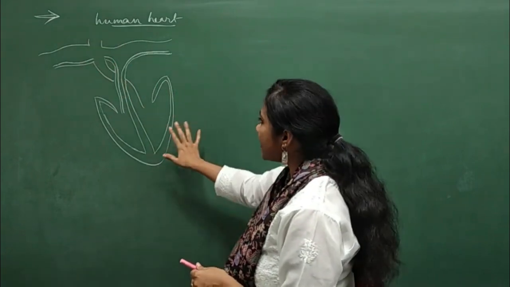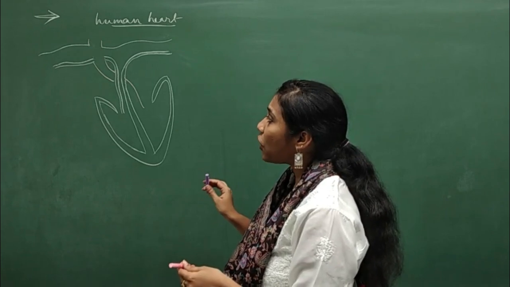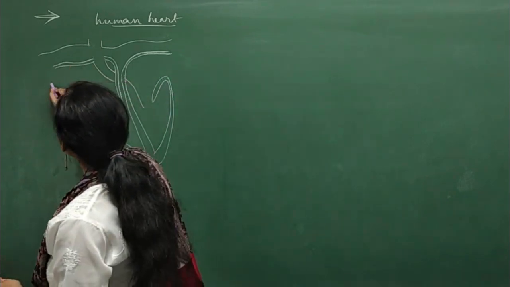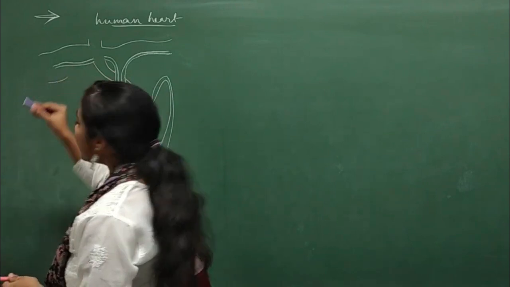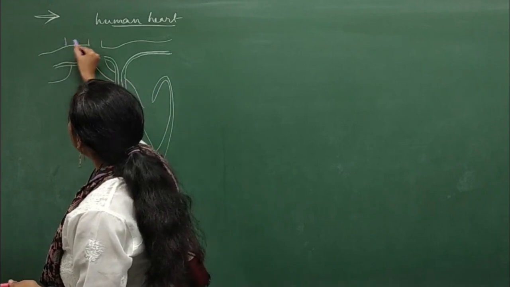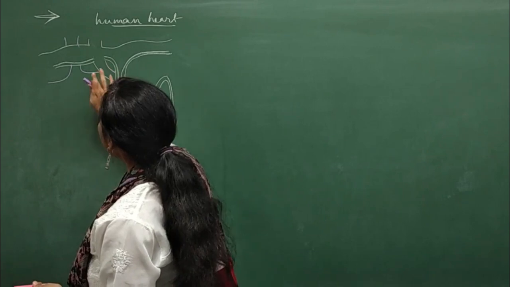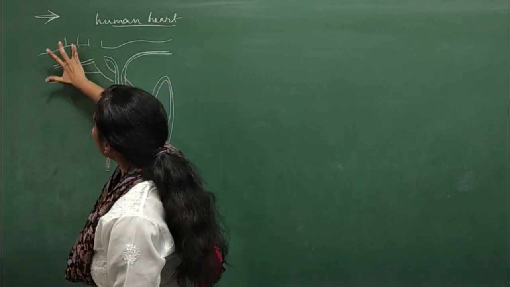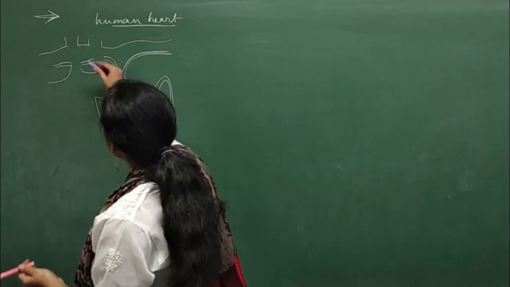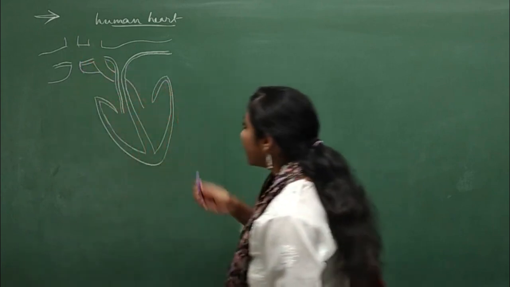So this is actually our aorta, and now I will try to draw the vena cava. See how I draw the vena cava. From here I am taking a shape. With a blue chalk piece I am drawing the vena cava. I have taken a shape like this and this something like this. And now I erase these lines. So this is actually our vena cava. Right? Fine. And now,